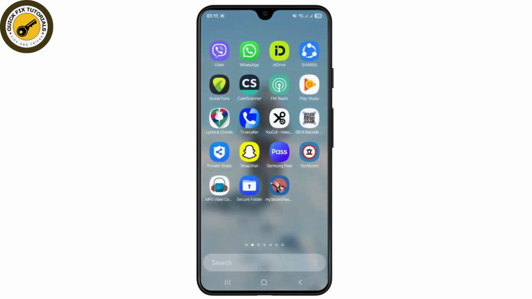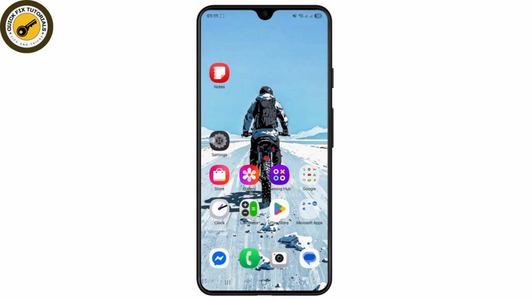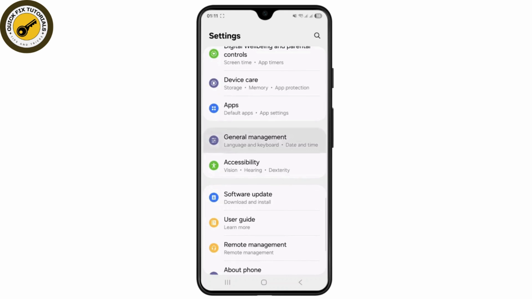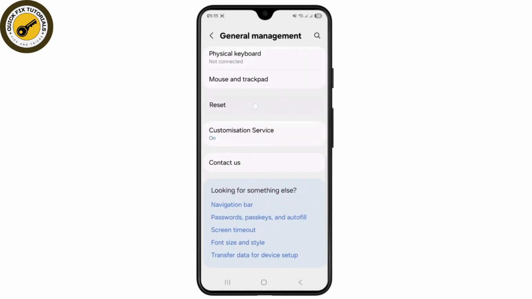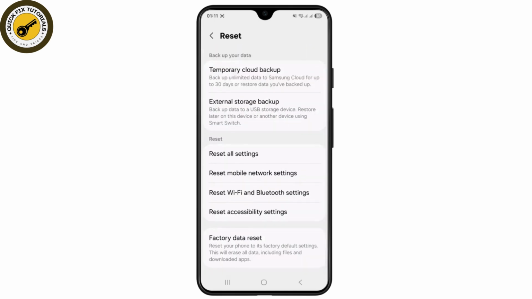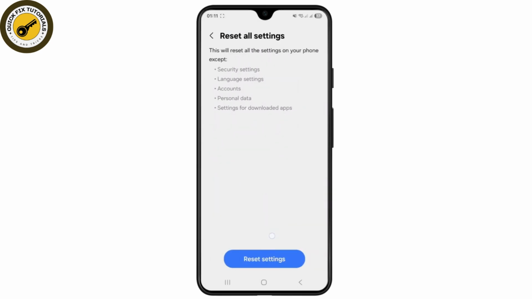And if the problem still continues, then just head over to your settings once again and just come over to your option that is general management under settings, and simply scroll down until you see the option that is reset. Now simply select it, and from over here scroll down all the way until you see the option that is reset all settings. Now simply select it once again, and you can see the reset settings button from over here,